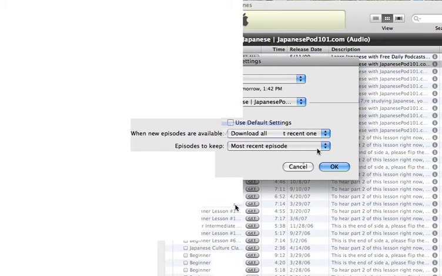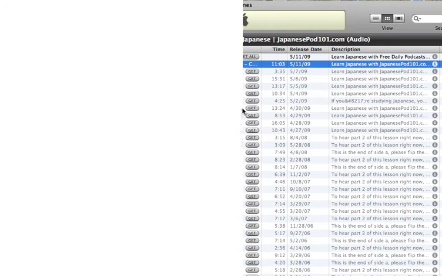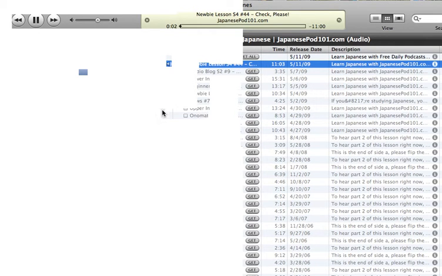The little blue dot at the left indicates episodes that you haven't listened to yet. Click on the Settings button at the bottom and adjust the frequency of podcasts and quantity that iTunes will check for me. I can select a single podcast